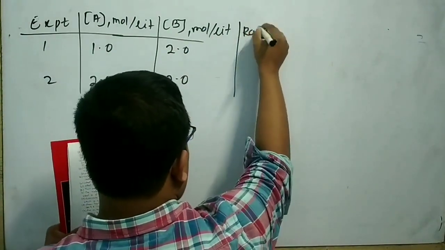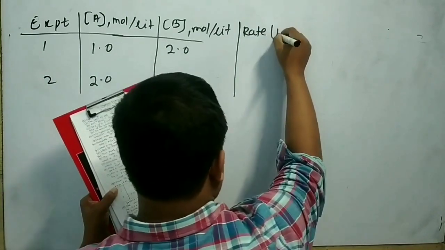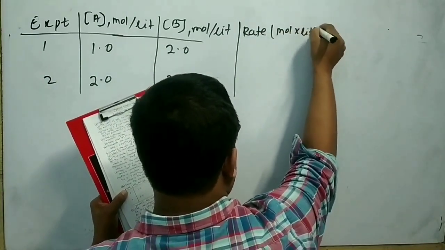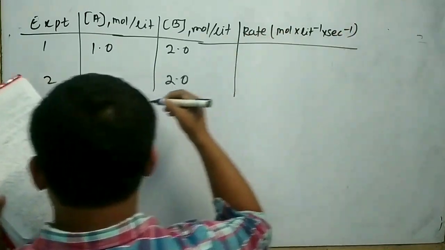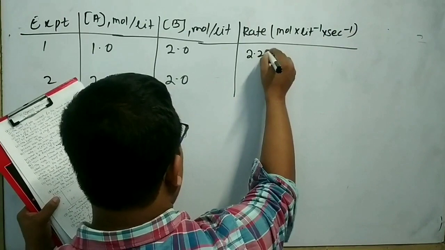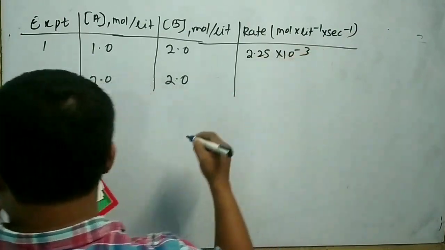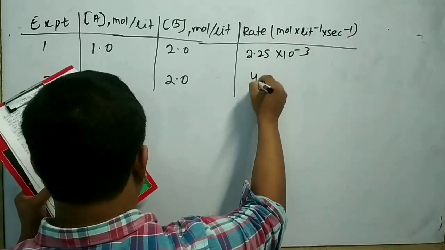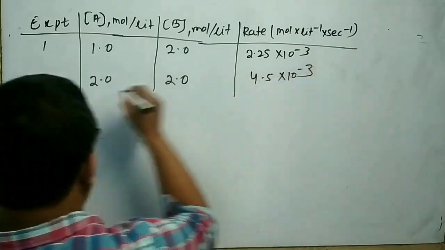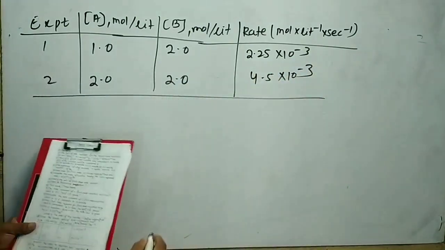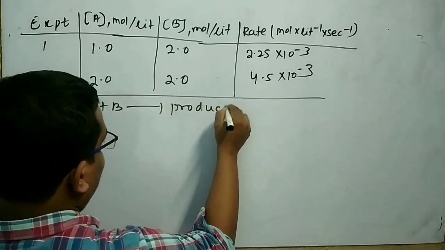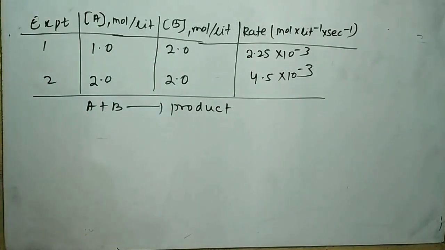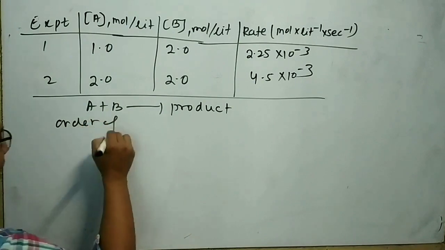Here the rate is given in mole per liter per second. For experiment 1, the value is 2.25 into 10 to the minus 3. For experiment 2, the value is 4.5 into 10 to the minus 3. A reaction is given: A plus B gives a product. For this reaction, the table is given. Our aim is to find out the order of reaction